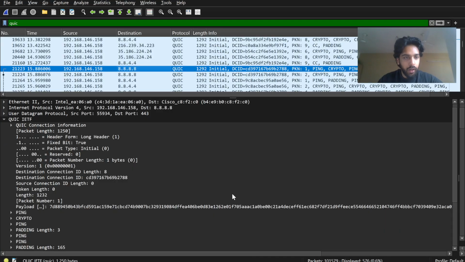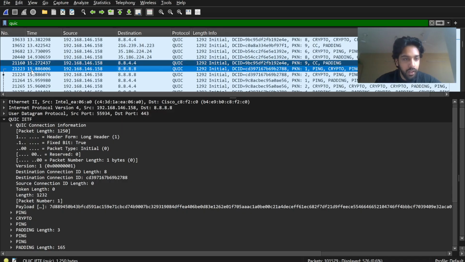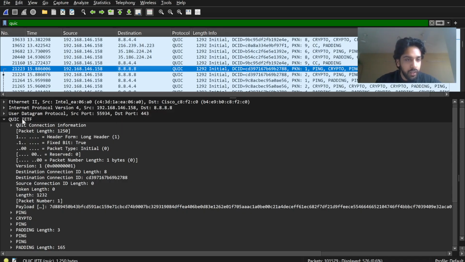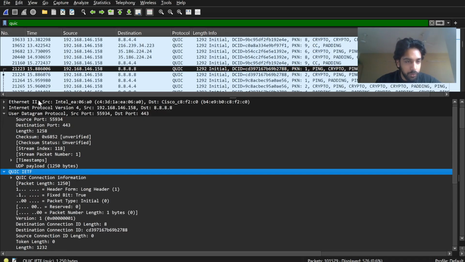Okay, so as you can see, I have successfully captured the QUIC packets. You remember that this is my machine's IP, and then we have the destination, which is 8.8.8.8, the Google server's IP. Here we can see it is using the QUIC protocol, and inside the QUIC protocol, it is based on UDP. We know about UDP. It uses source port, destination port, along with timestamps.